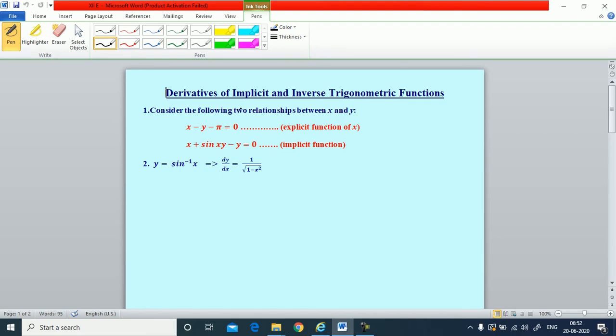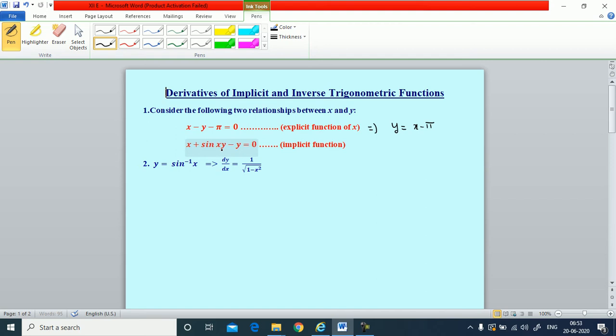You can see here I have written two relationships between the variable x and the variable y. Okay, first one is x minus y minus pi is equal to 0. If you see over here, it is possible for us to express y entirely in terms of x. See, we can write y is equal to x minus pi. But when we come to the second one, it becomes difficult for us to write y entirely in terms of